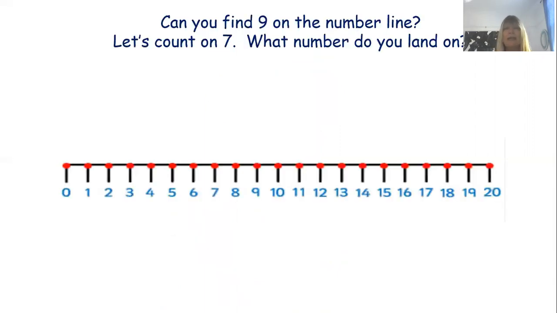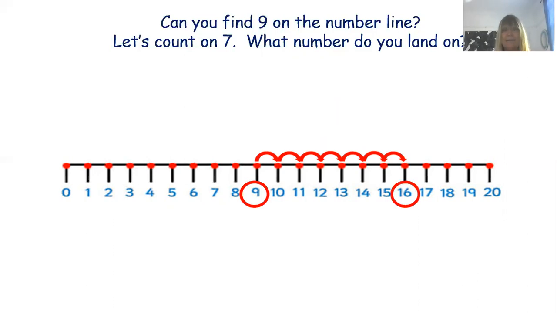Right. Can you find number 9 on the number line? Again, if you're not sure, you can always start at 0, but we're going to begin our counting on at 9. There it is. And we're going to count on quite a few numbers, quite a few ones. We're going to count on 7. 1, 2, 3, 4, 5, 6, 7. And we have landed on